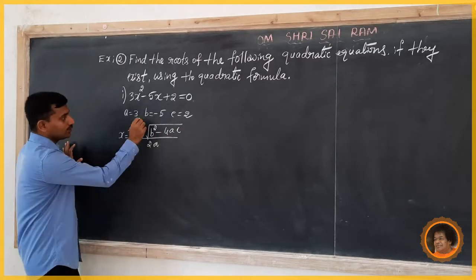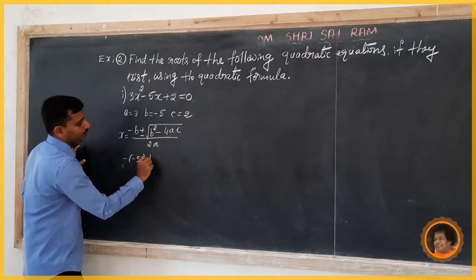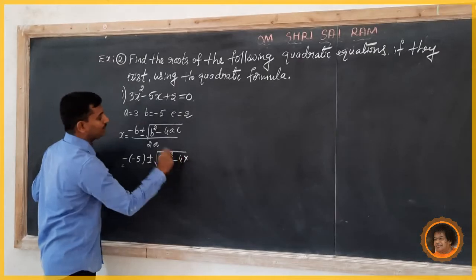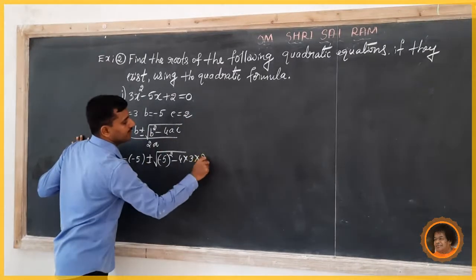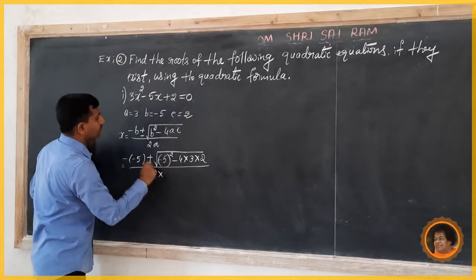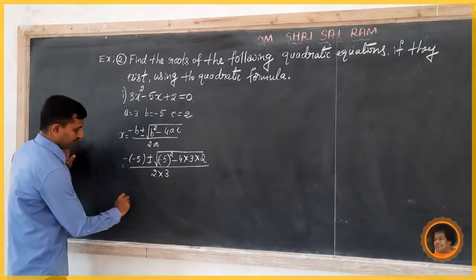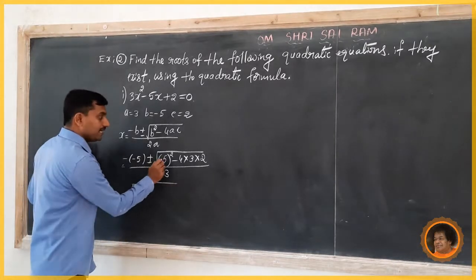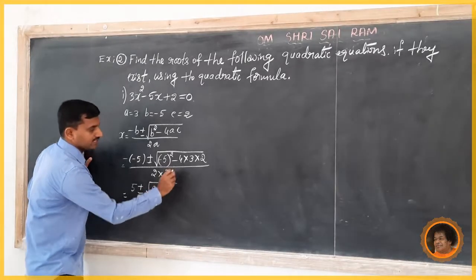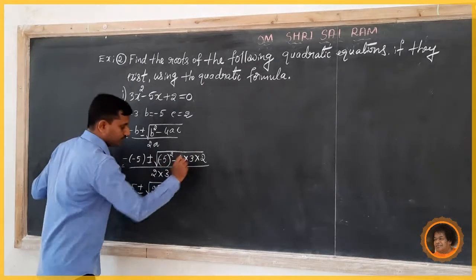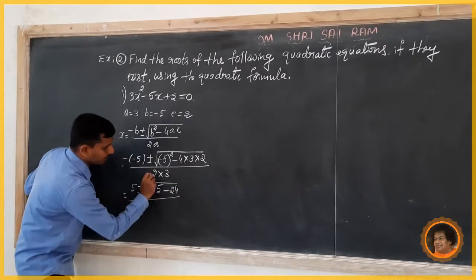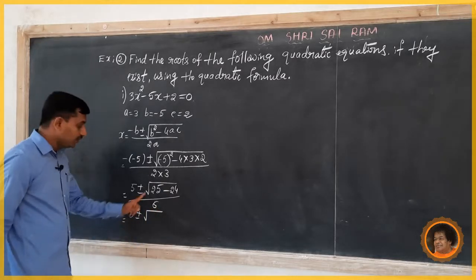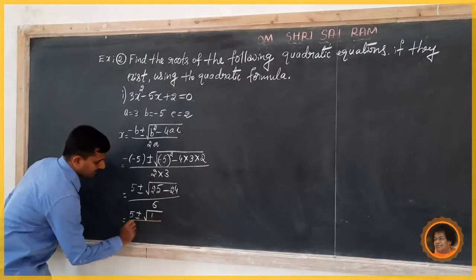Now substitute the values. So minus b, minus of minus 5, plus or minus square root of b square, that is minus 5 whole square, minus 4 into a, 3, into c, that is 2, divided by 2 into 3. Now simplify: minus into minus is plus 5, plus or minus square root of minus 5 whole square, that is 25, minus 4 into 3, 12, 12 into 2, 24, divided by 2 into 3, that is 6. So which is equal to 5 plus or minus square root of 25 minus 24, 1, divided by 6,